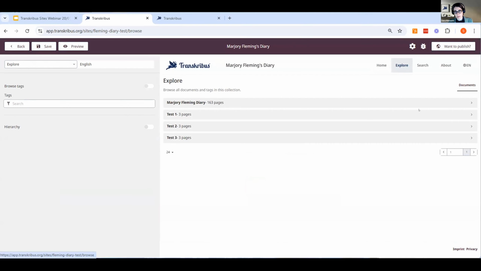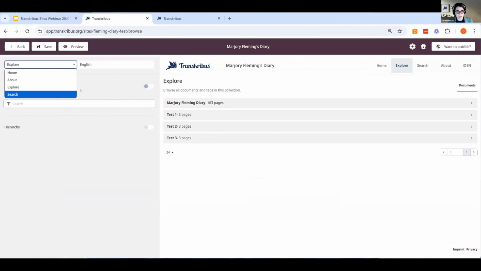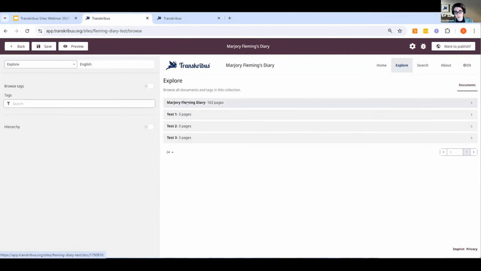As before, here on the right, you have the preview of the Transkribus site, and on the left, you can edit the settings on this page. And as you can see, there are different fields that you can edit in the different types of pages. In the Explore page, by default, all the documents will be shown here as the first tab. In this collection, we have 4 documents, but if you add another collection, the other documents will be listed here